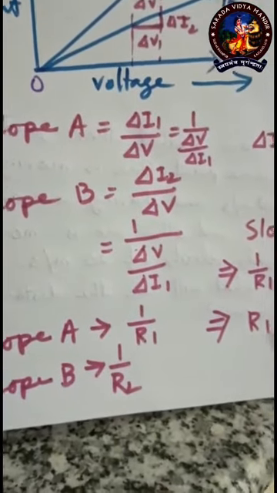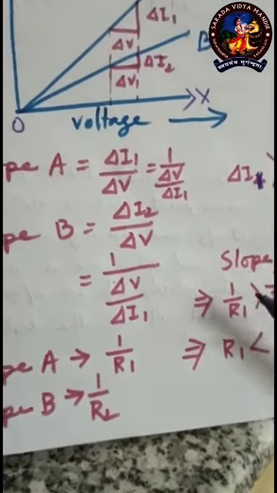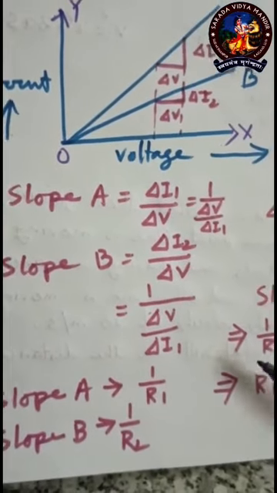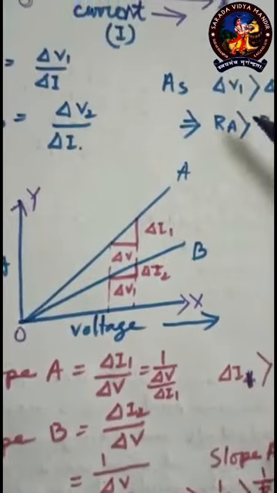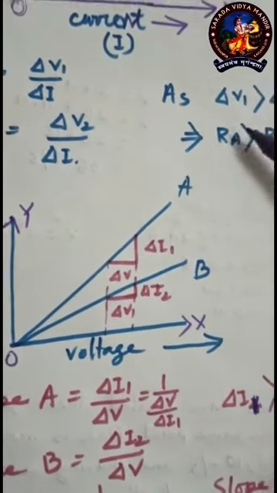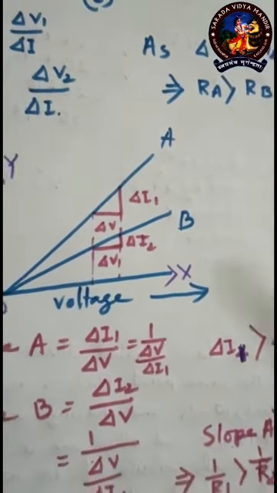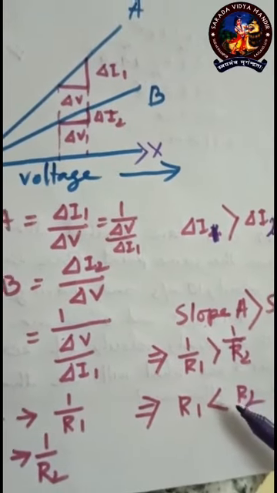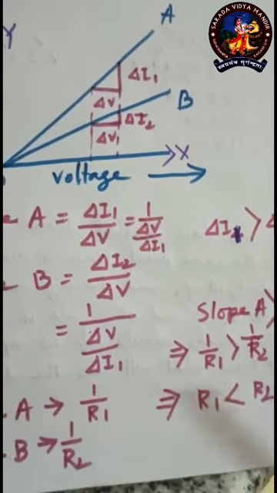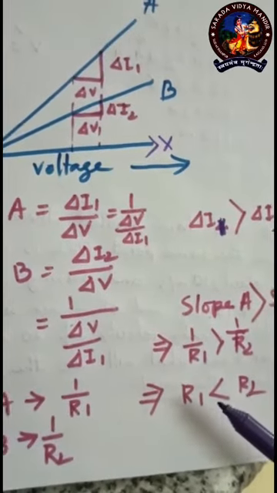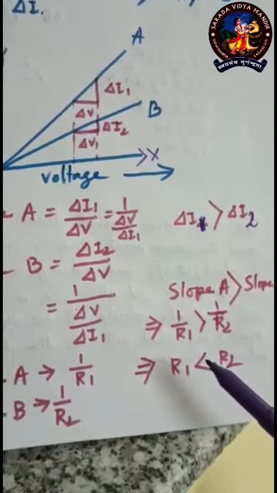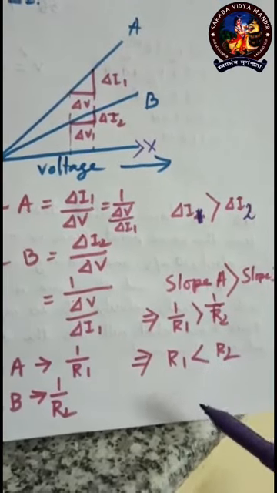So from here we can say that if we take voltage and current in this respect, my result will be just opposite, because here we got RA or R1 more than R2 or RB, and here we are getting RA is less than RB. Understand? And it is better to write yourself. Take a notebook and write it yourself, because if you are not writing, then you will not understand.